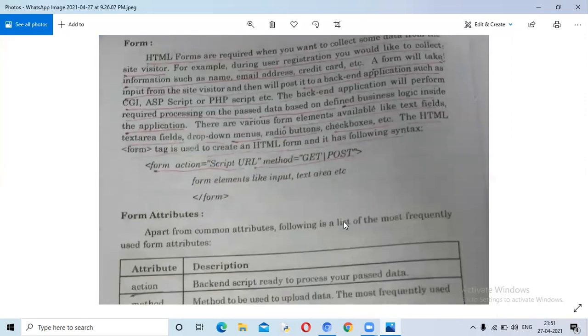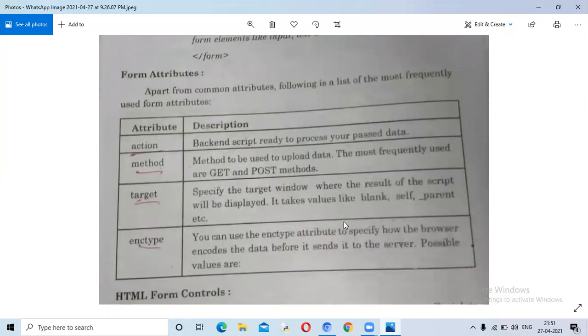So what are the form attributes? Apart from common attributes, following is the list of most frequently used form attributes. The attributes and descriptions are written here inside the book. Action: the backend script ready to process your data. Method: the method to be used to upload data, most frequently get and post.